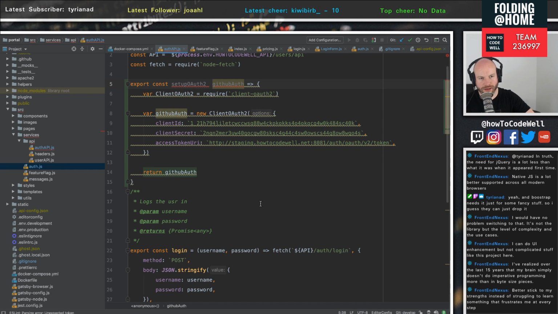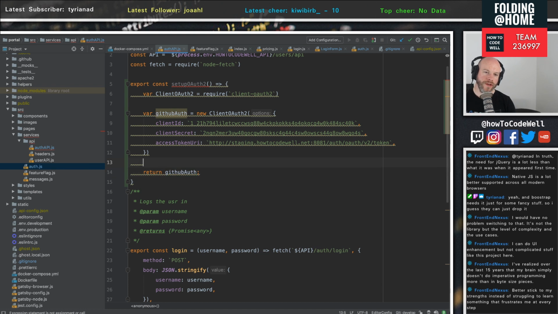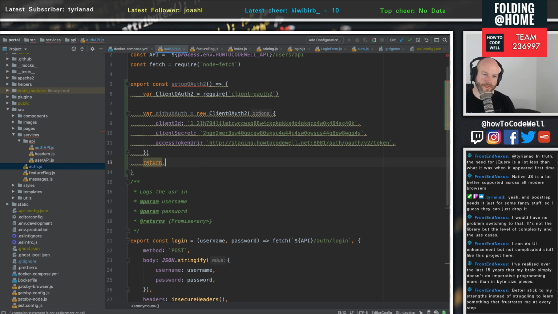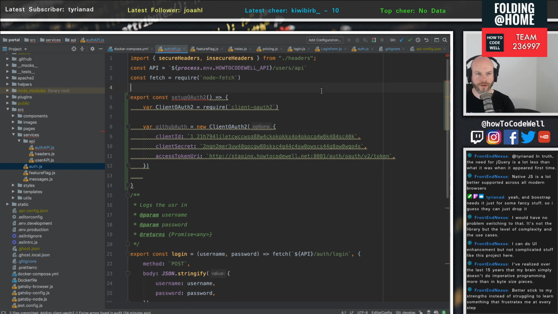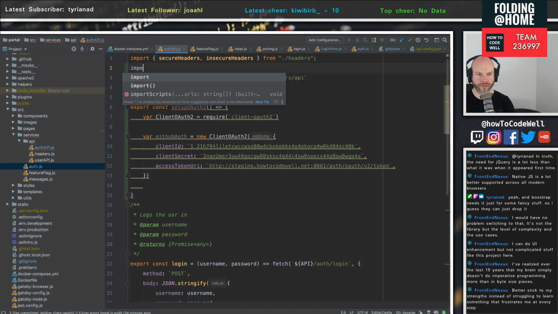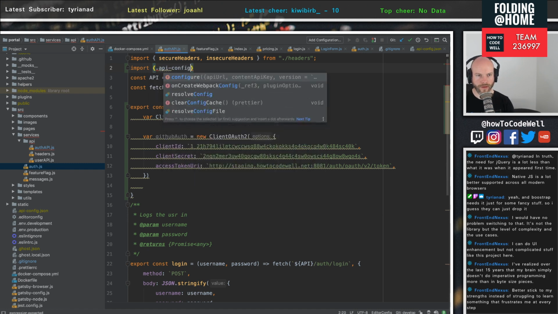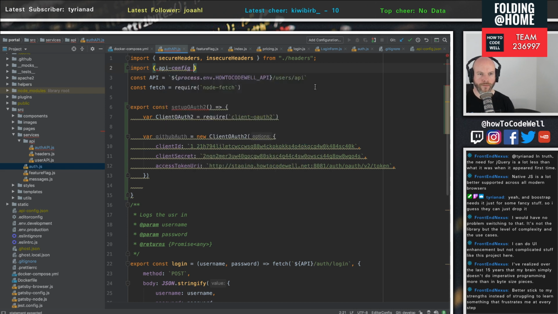It doesn't need to be like that, does it? I mean, you could import. Yeah, I could do an import the config, right? Import dot API config from